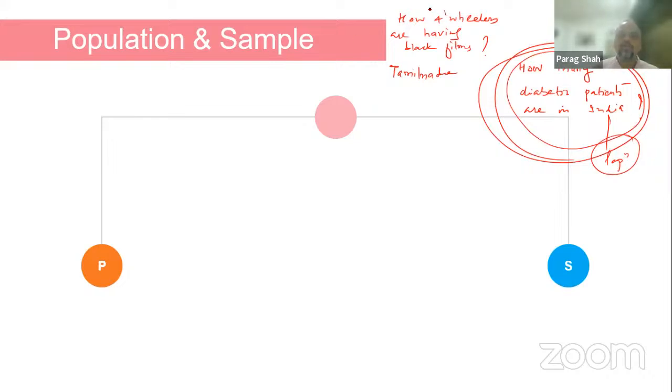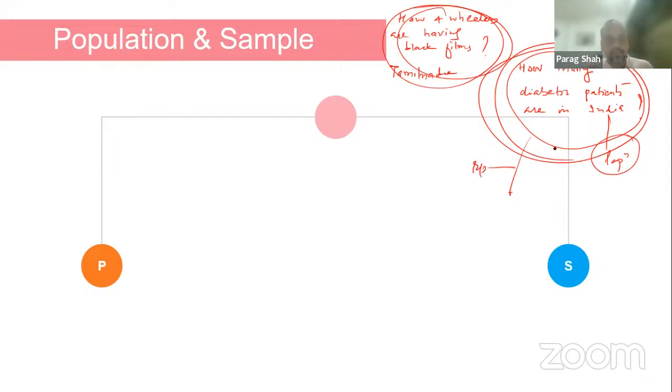It is not possible to check each and every four-wheeler in Tamil Nadu and check whether they have black films or not. So what do we resort to? We resort to sampling. So we'll select a few individuals from India. Now we'll see to it that the sample that we select, the few individuals, represent the